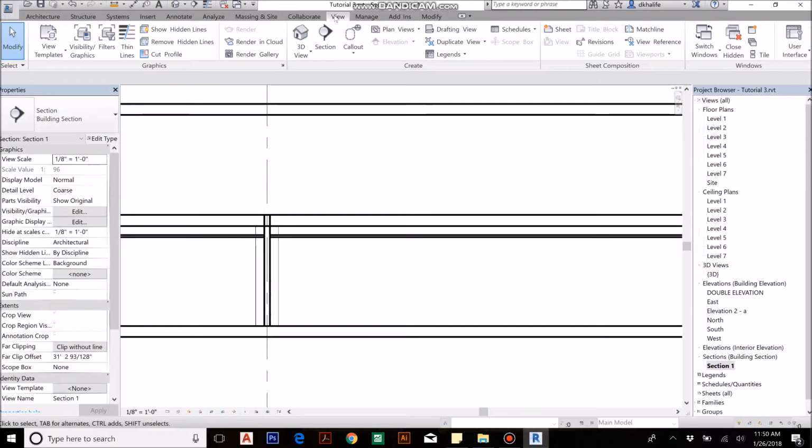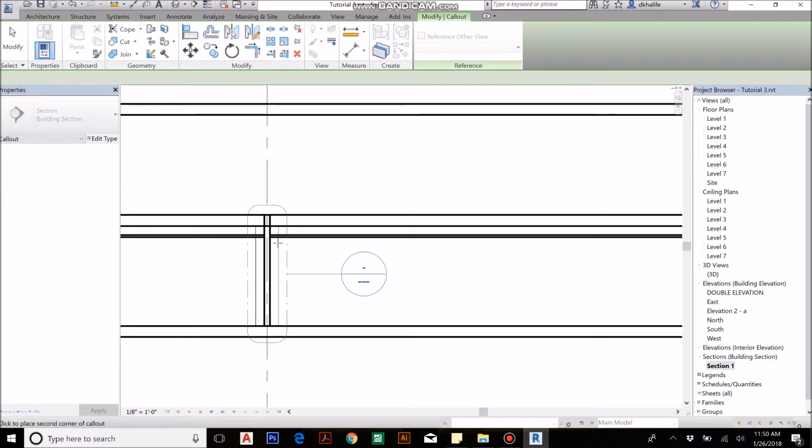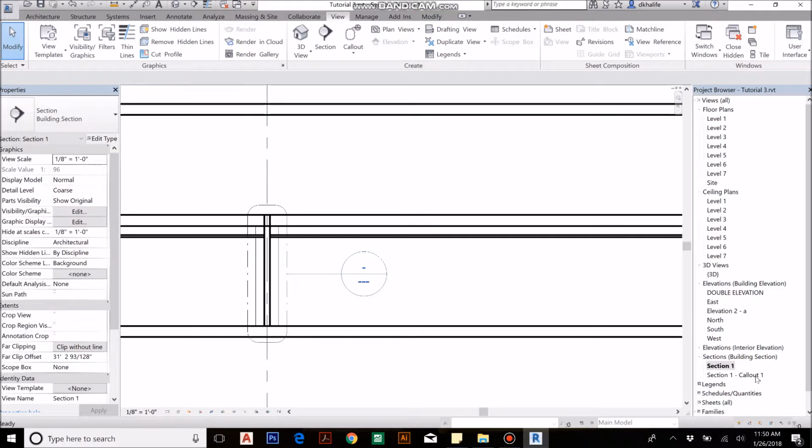So there is also under View tab, there is something called Call Out. If you click on Call Out, and let's say you have your detail section on this wall, I'm gonna draw this box around it. You can see that it added a section called section 1 call out 1. If I double click on that one,